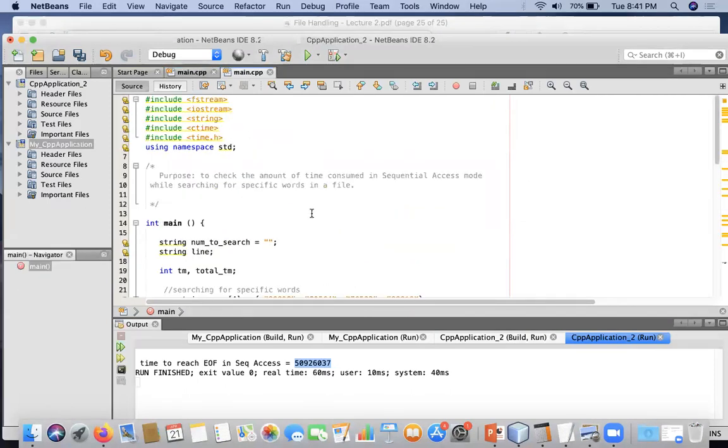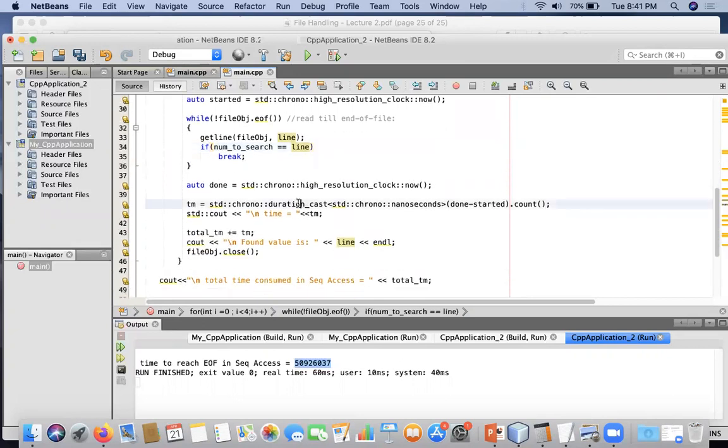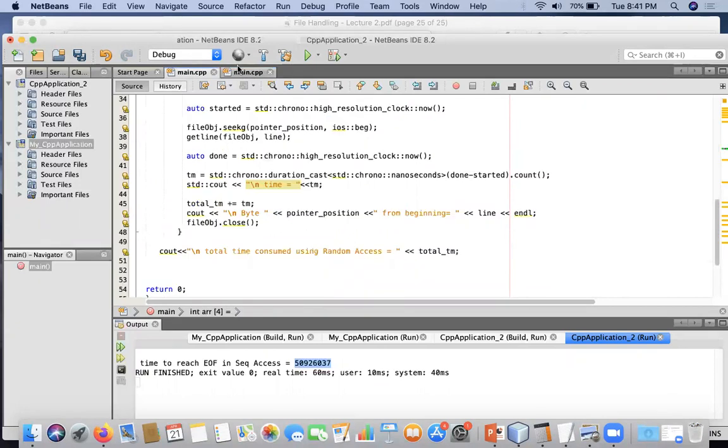And similarly, in the sequential access mode, I have to go towards each particular line, and I have to check whether I have come across the desired value or not. These are the same values, because the data is stored in the form of vectors over there. So that's why I created the array of strings. I have to evaluate whether the next line contains the desired value or not, so that's why it gets compared over here. If it matches, then it breaks, so that it does not go towards the end of the file. Then it adds the time. Okay, so now let me execute it. Let me check the time